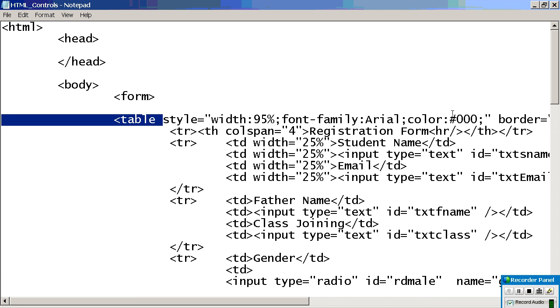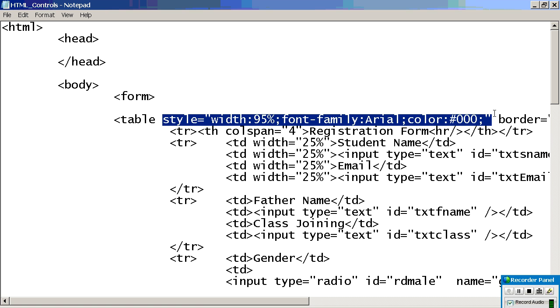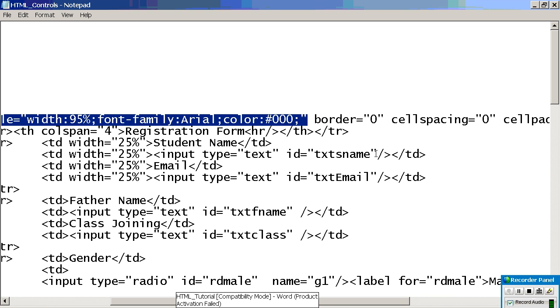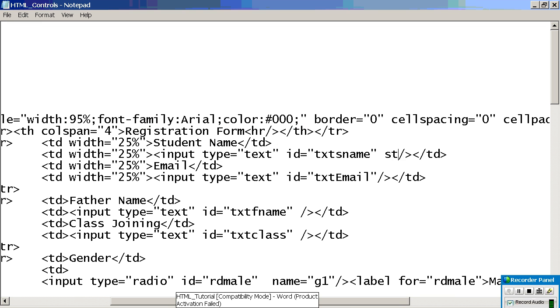This is called inline style. Inline means in the line of code where you have written the tag; within that, inside it, you are writing the code. What is the disadvantage of this one? I'll tell you. I'll write the same style for the X bar. What is this one? Inline style, right? So style.